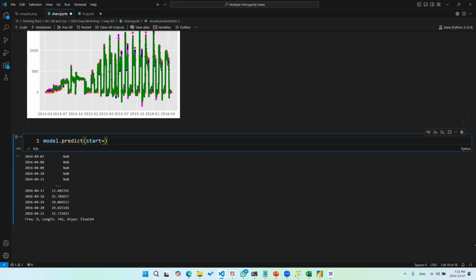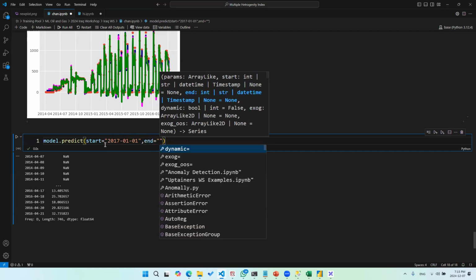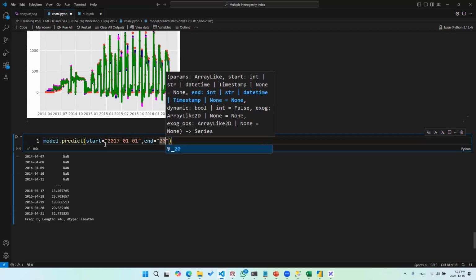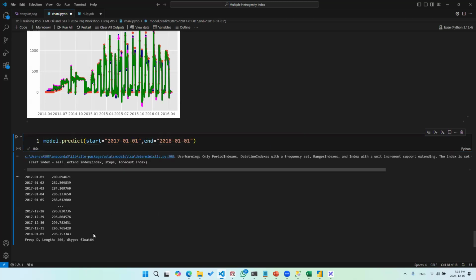For example, let's say the start of your prediction is 2017, 01, 01, depending on the data, and the end of your prediction is 2018, 01, 01. You will get new data based on this prediction, and you can of course just plot these back again, because you're going to get different values based on your prediction.